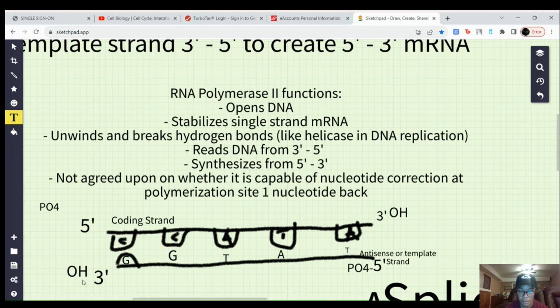So it starts with the hydroxyl side and moves to the phosphate side. And that's basically because as you add nucleotides to that side, it's going to target, in the coding strand, the hydroxyl group with a phosphate group. So 3 with the hydroxyl, it adds a phosphate, which adds a substitute nucleotide and has an open exposed hydroxyl group again. And then just adds another phosphate group. And so you're aiming to basically phosphorylate those hydroxyl groups,